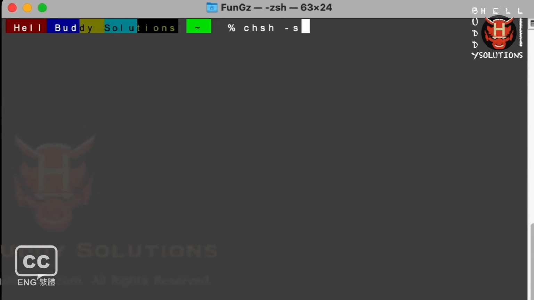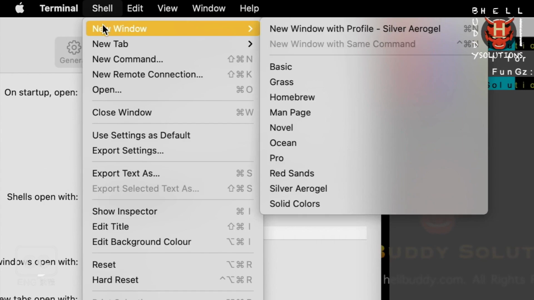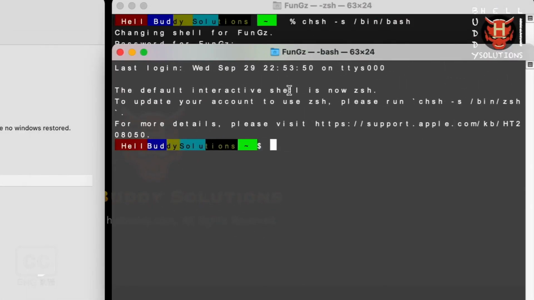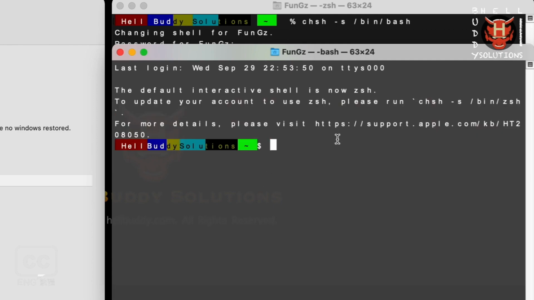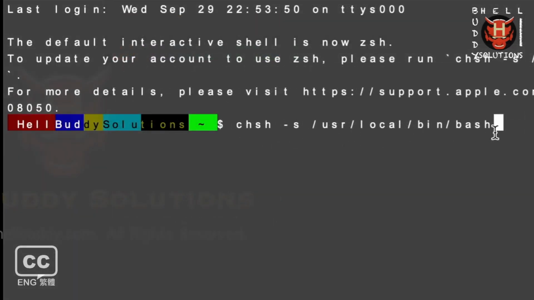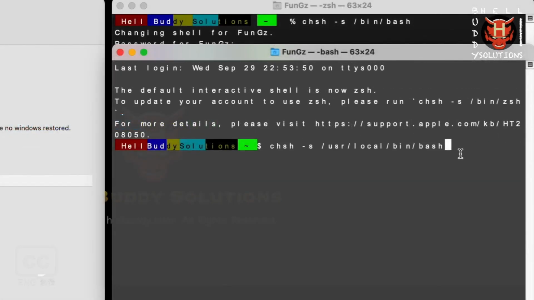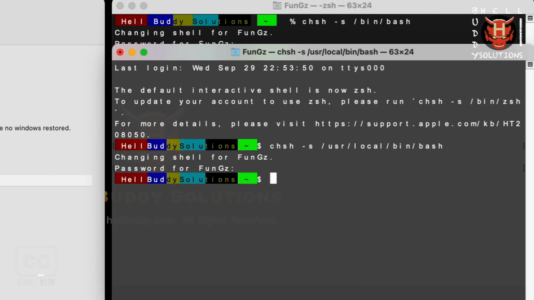If you run this change script through this path, it can execute the outdated bash version. So that's the reason why the terminal still shows the warning message. You have to run the updated bash script at terminal to prevent showing the warning message again. Insert your user password and hit enter again.